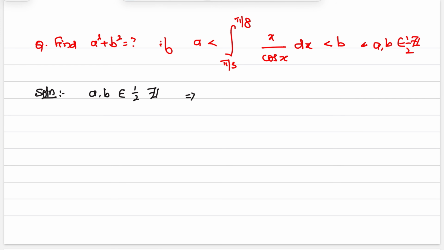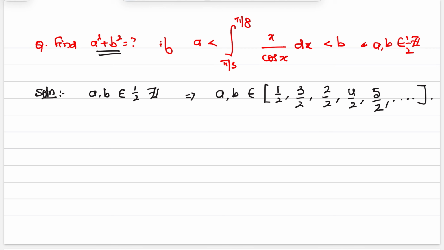That means a, b belong to, let us say, half, 3 by 2, 2 by 2, 4 by 2, 5 by 2 and so on. Now we have to find out the values of a and b. From there we have to find out what a square plus b square is,